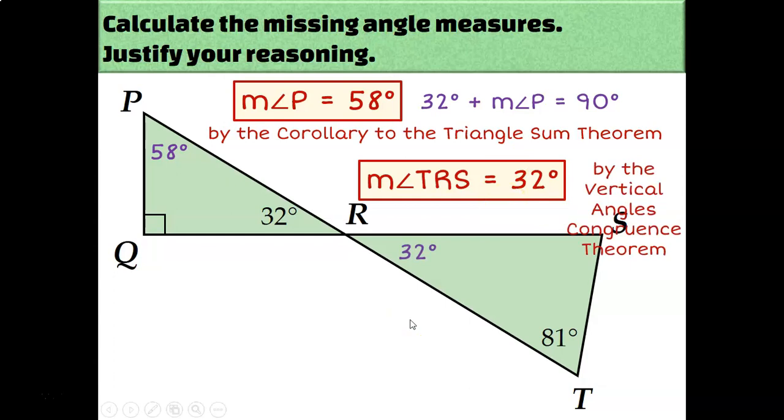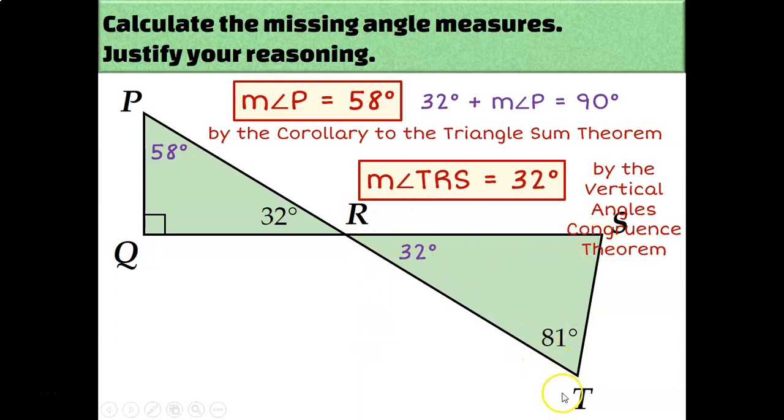It's really important on a problem like this, like a multi-part problem, that you label your diagram with each of the answers that you find. Because if I hadn't labeled my diagram with 32 degrees for the measure of angle TRS, it would have been a lot harder to figure out the measure of angle S. But since I do have 32 on my diagram, I see that I have 2 of the 3 angles of